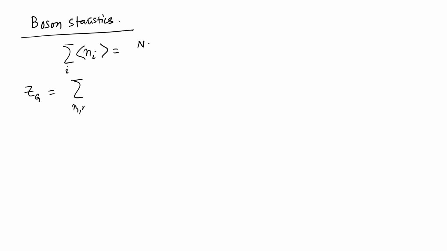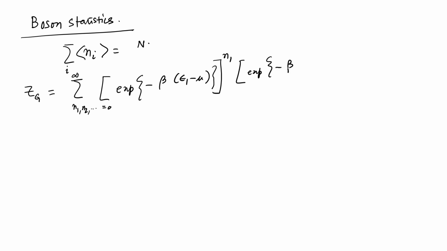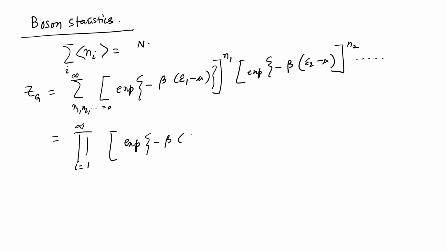So, this is equal to the sum over n_1, n_2, etc., from 0 to infinity, of exponential of minus beta (epsilon_1 minus mu) whole to the power n_1, and exponential minus beta (epsilon_2 minus mu) whole to the power n_2, and so on, all these brackets, and we can write this down as a product over i from 1 to infinity, of all these brackets, exponential minus beta (epsilon_i minus mu), whole to the power n_i,